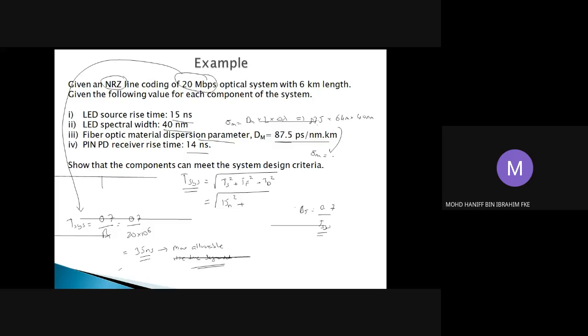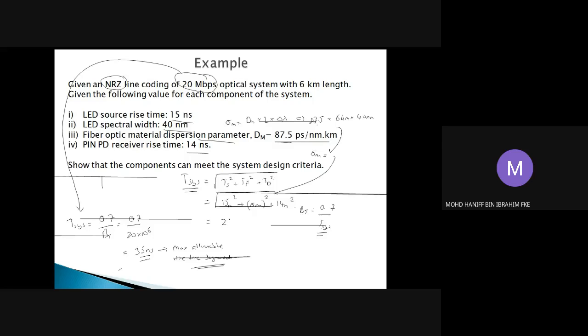Okay, so that should be substituted into these equations here. So we're going to have delta M squared straight away. We just substitute into this. The value that we get from this calculation will be substituted here as the representation of your fiber rise time, plus the TD, which is the rise time of your photodiode or receiver, which will be 14 nano squared. Okay, so by calculating this, you're going to get that the total rise time for this will be